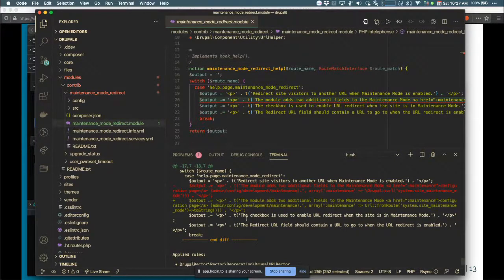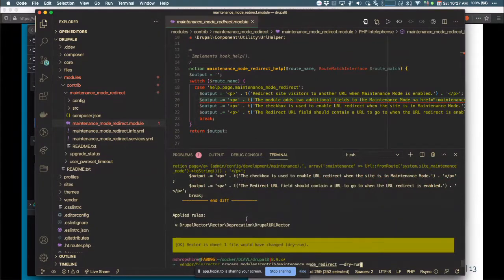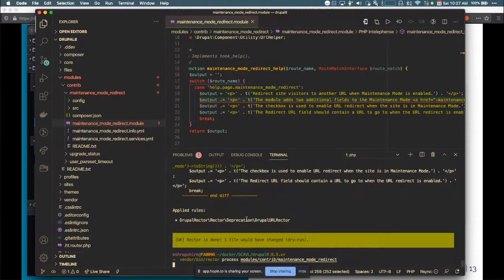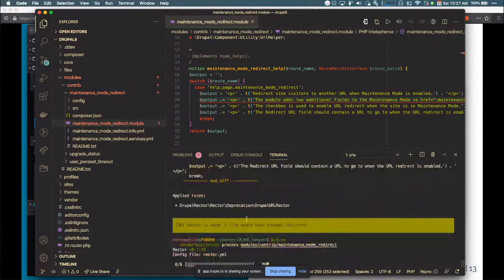So let's try this. Let's run this without dry run. All right, so we took dry run off. This should fix the issue. All right. And the squiggly changed here. I think that's just Drupal Check is confused a little bit because it saw something change. But if we close this file out and reopen it, it's still, oh no, it went away. There we go. So it did change the code here to use the correct URL from route. So that's awesome. It fixes it for you.